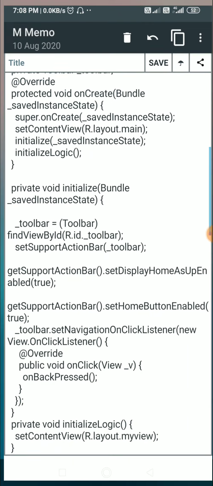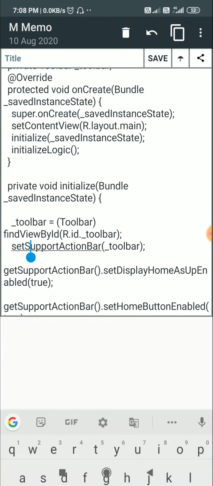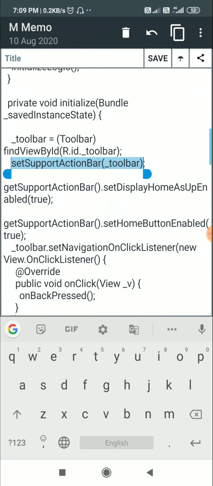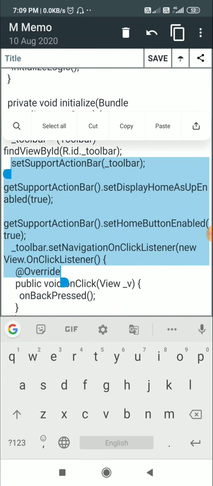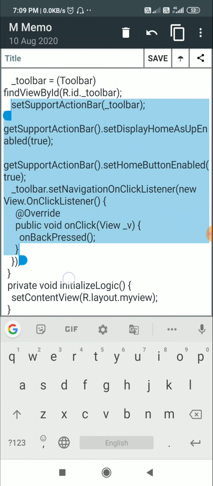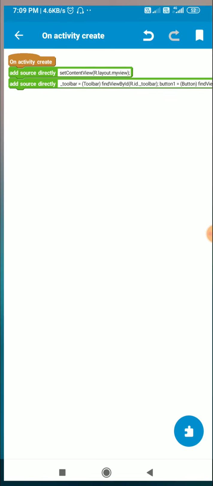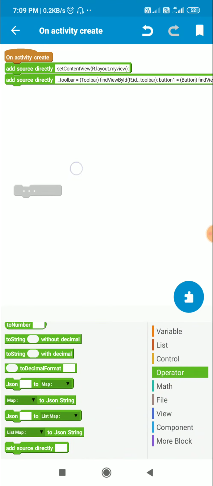Now after that there is this code: setSupportActionBar toolbar. Then there is setDisplayShowHomeAsUpEnabled true, setHomeButtonEnabled true, and setNavigationOnClickListener. So I will add all this in a new add source directly block here.